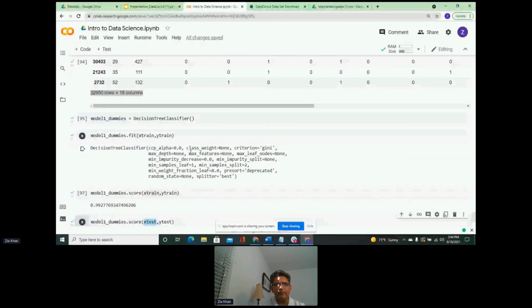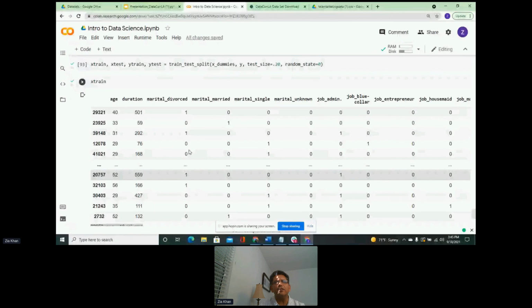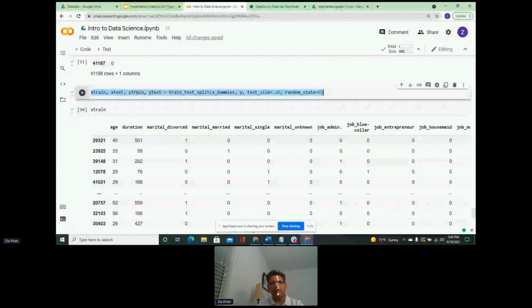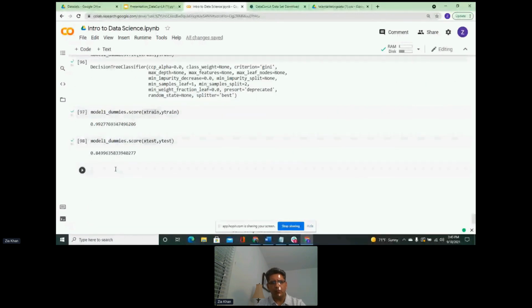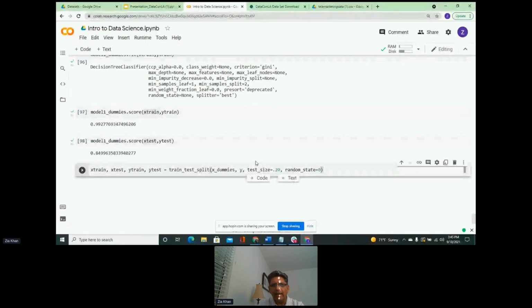Now, there was a suggestion earlier: why don't we increase the size of the training data? So let's do that for one quick second, just to see what happens. I am actually going to copy this, and we are going to paste it here. And we are going to reduce the testing size. So I am going to reduce it to maybe 10%. We can go to 15%, we can go 10%. But let's go to 10%. So we increase the training data and we reduce the testing data. Now let's run it.